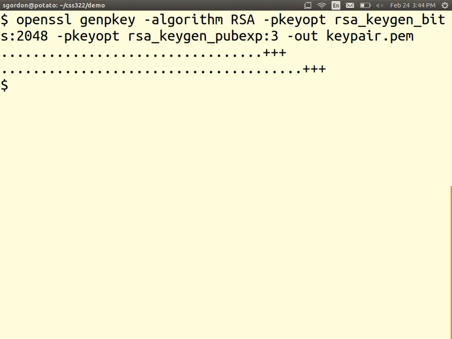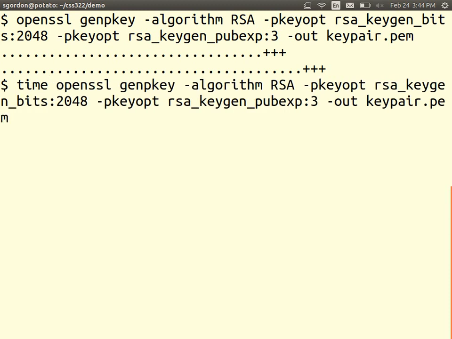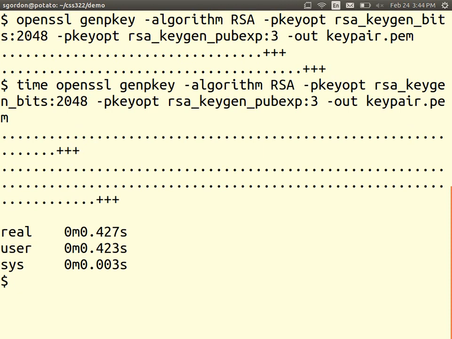It took some time. Okay. Or we can time it. It takes real time 427 milliseconds to do that. Okay, well, it seems fast, but in fact, compared to